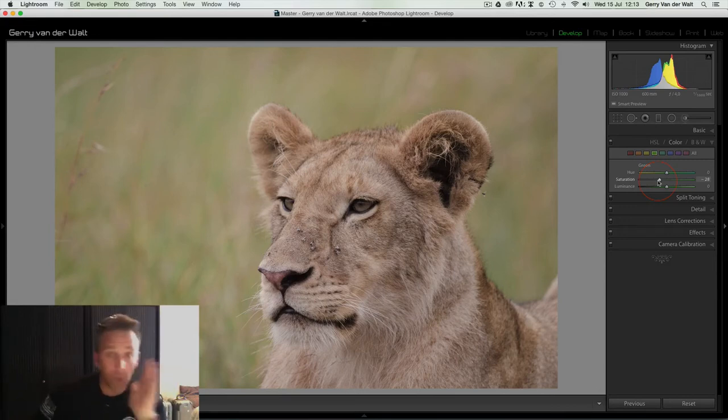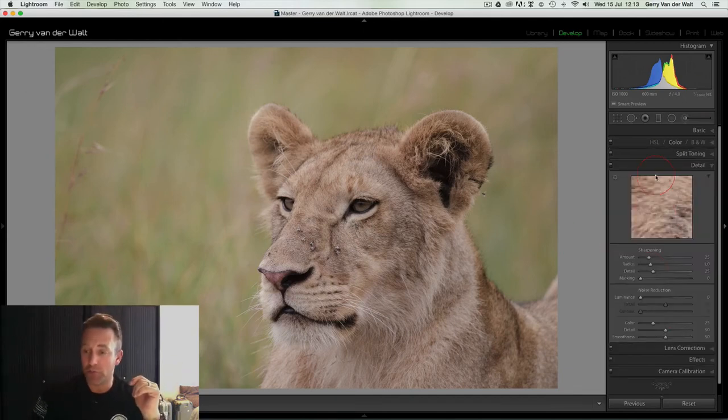With regards to noise, that's a whole topic on its own. Noise in Lightroom is a simple thing. Under detail, you've got the sharpening slider and then underneath here, Lightroom by default gives you 25 on color noise. There are two types of noise: color noise and monochromatic noise, or luminance. Color noise is the speckles of red, green and blue. Monochromatic or luminance noise